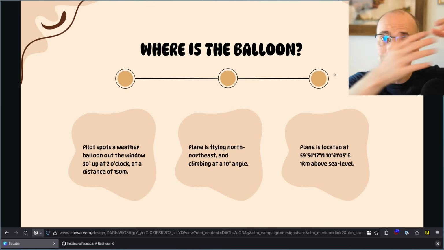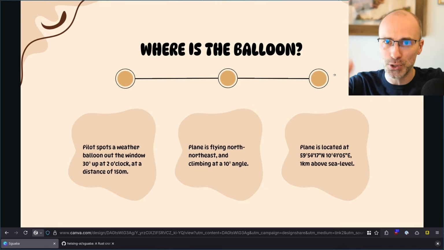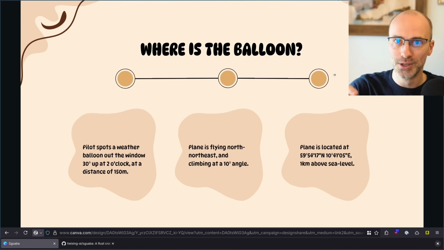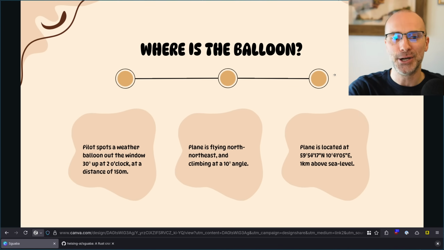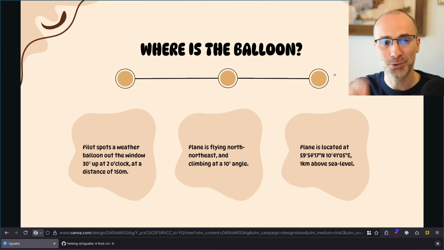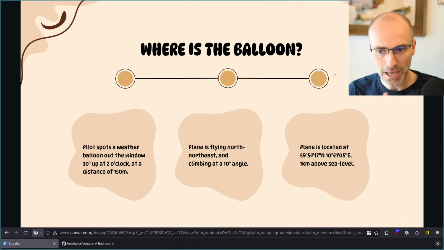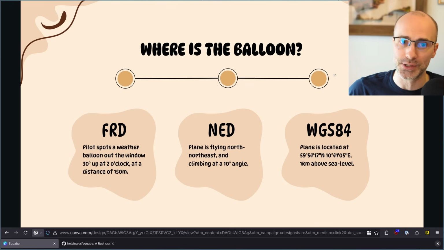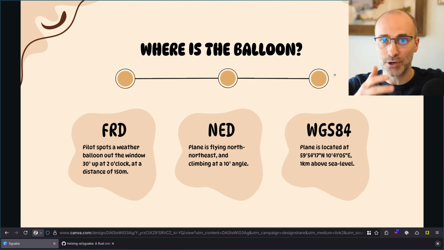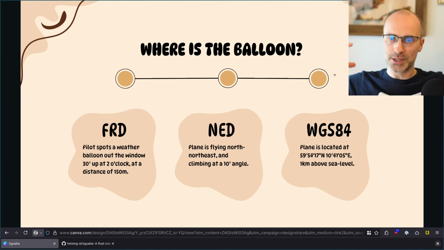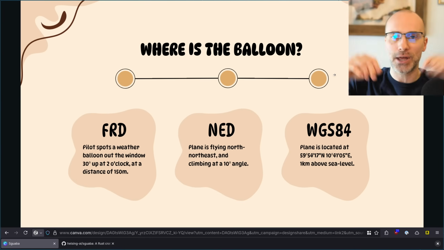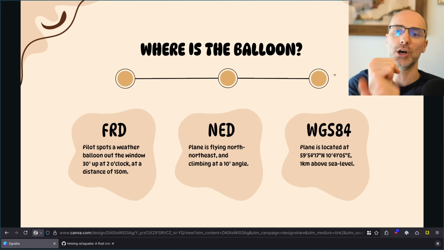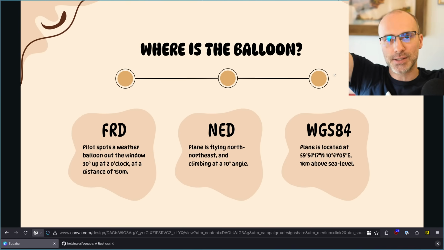In theory, you have enough information that you should be able to compute the GPS coordinates of the balloon. But try, if you will, out of the information on the screen here, to compute what that coordinate is. It's really not very easy. And the reason is because there are a bunch of different coordinate systems here. The first one is what's known as FRD, or front, right, down, which is descriptions relative to the body of the plane, like the axes of the plane, which go along the fuselage, across the wings, and down through the belly.